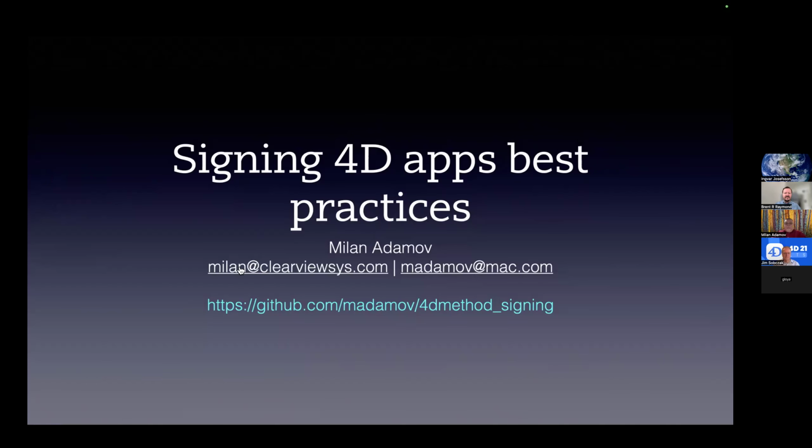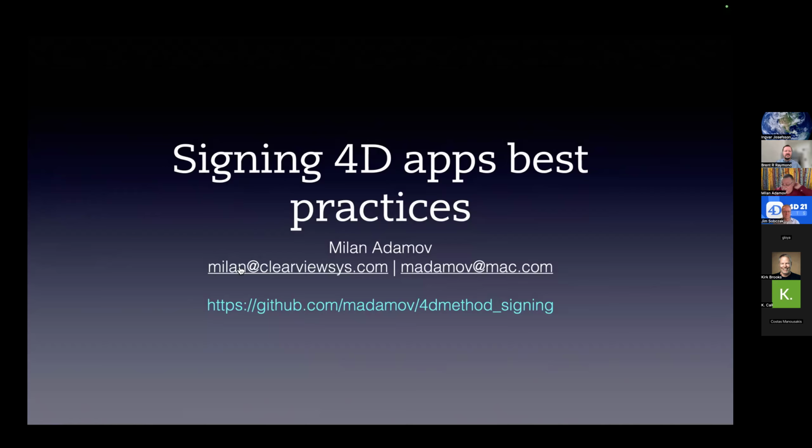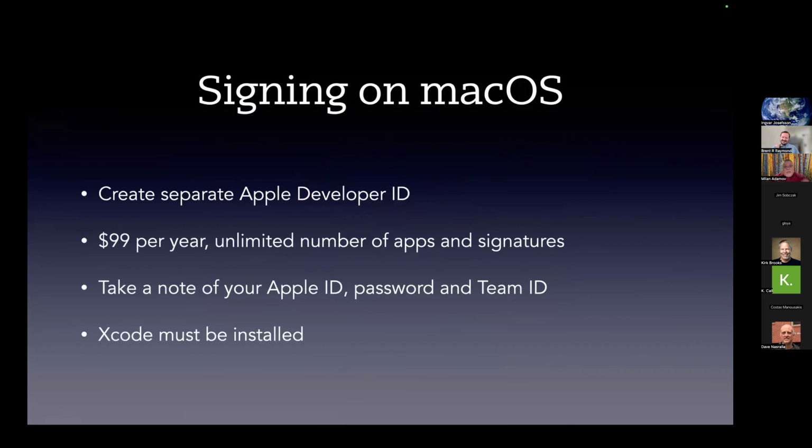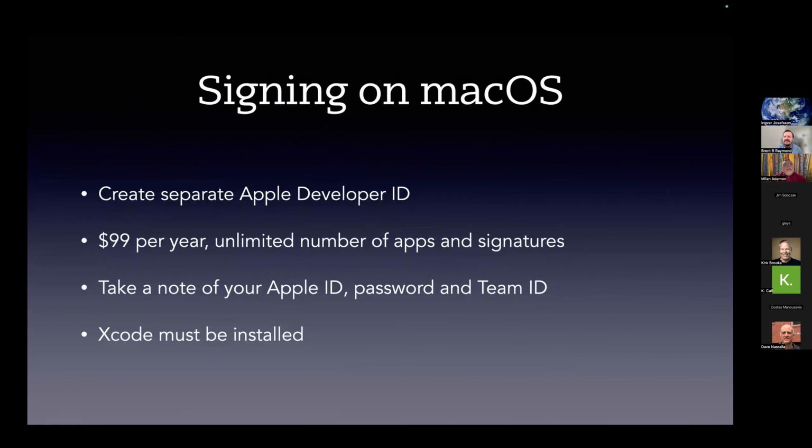So I called it best practices. You called it advanced signing. I'm not sure how advanced it'll be for the Apple part, because that's been around for many, many years. So I will just go over it and basically show how easy or difficult it is to do signing manually, and to show you later for each operating system how it's done using GitHub Actions. So only signing, not the building part, because that we covered last time.